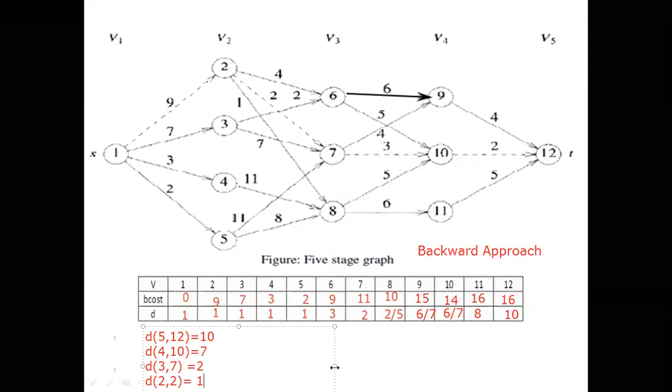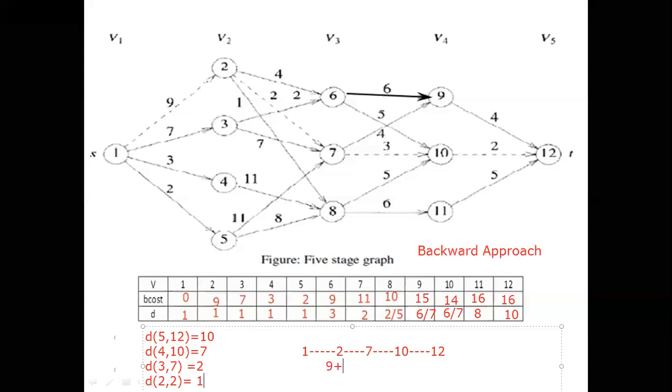Now I can write the path here, 1. This is path 2. First path already we solved. 1 to 2, 1, 2, 7, 10 and 12. That I should write. I will write here 1, 2, 7, 10. The last one is 12. Now we have to see 1 to 2. What is the value? It is 9.